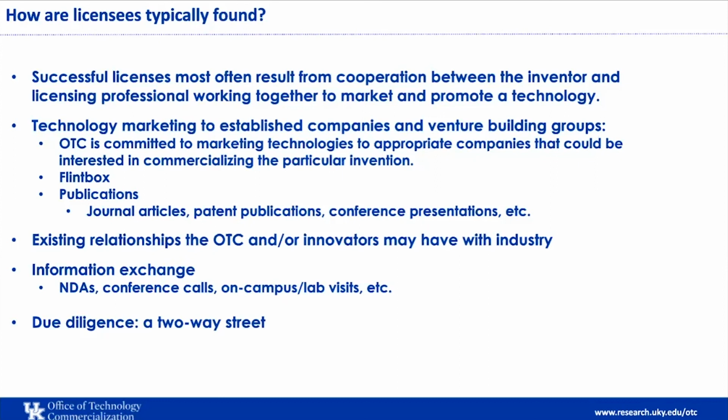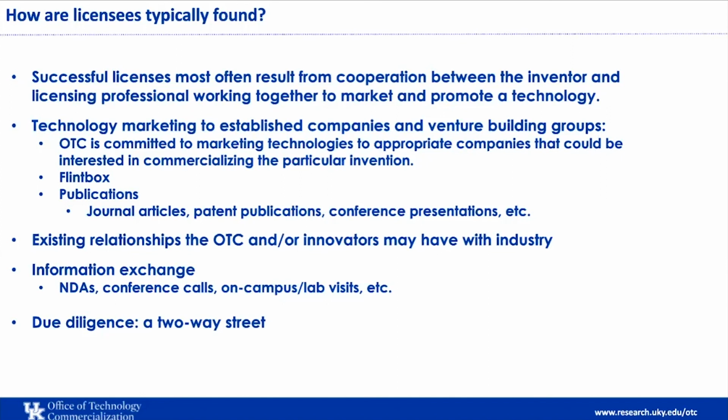So working with the tech transfer office, the innovators will prepare what we call a marketing abstract, which is a very high level summary. And we can do active marketing where we reach out to companies that we believe, based on our research, have the appropriate or relevant expertise and resources to bring the technology to market. You can reach out to them via email, but increasingly, LinkedIn messaging has shown to be very effective in making those contacts. We also use a website called Flintbox, which is very popular and effective for university tech transfer offices,